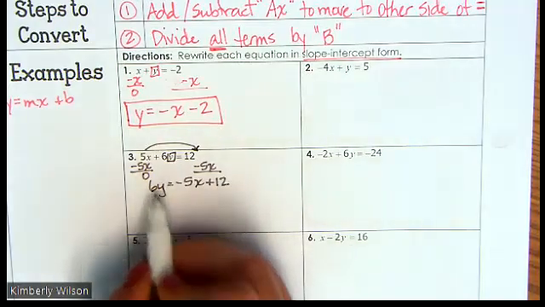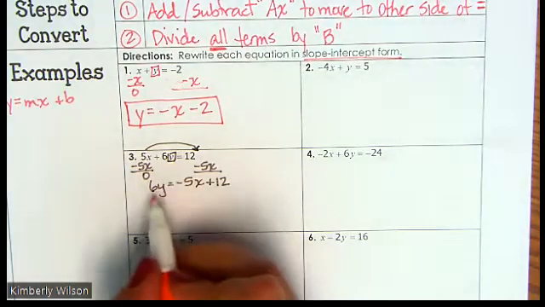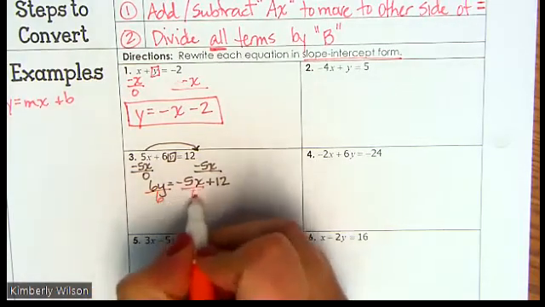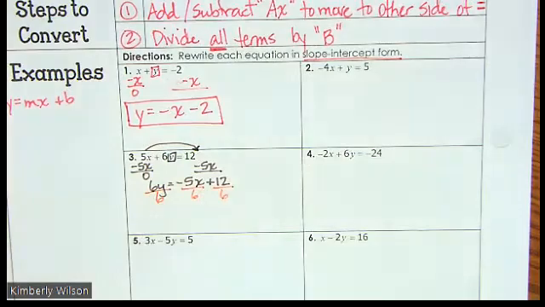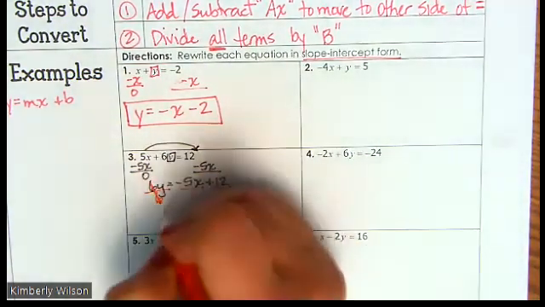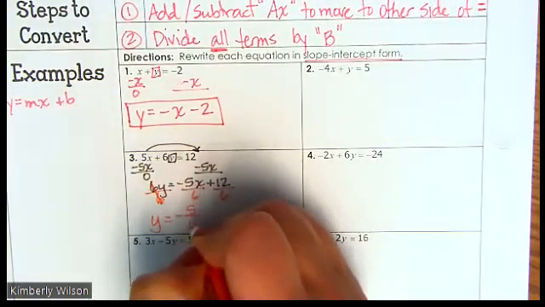Now, y is not by itself yet. So my next step, 6 is multiplied to the y, so that means I have to divide everything by 6. Every term is divided by 6. 6 divided by 6 is 1, so that cancels out, and I'm left with y equals,